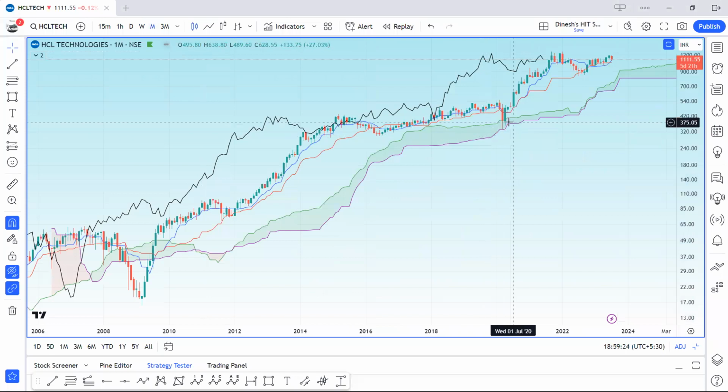Now in the monthly, it's quite a similar scenario. Only once has it had periods of going below the baseline, like out here, in that sideways correction. The COVID lows took hold of that scenario and got a bounce back. Again, in 2022, it did go below the baseline, spending only 1 month below it. Just 1 month here and 1 month here. And now, as per Ichimoku, it's given us a